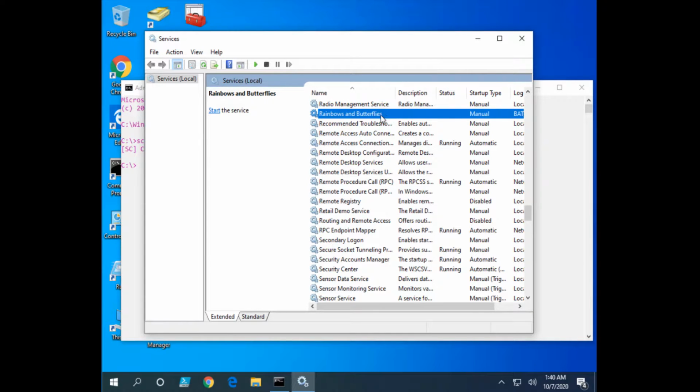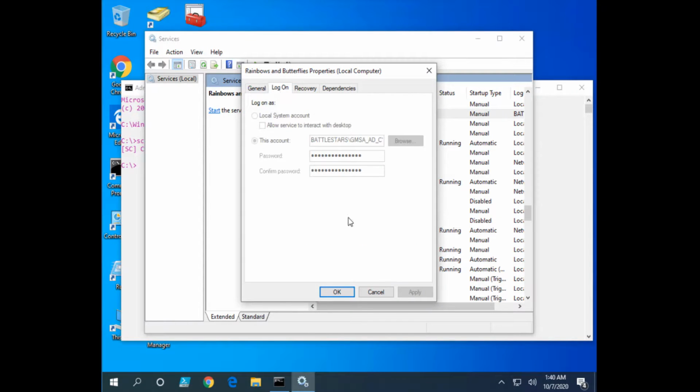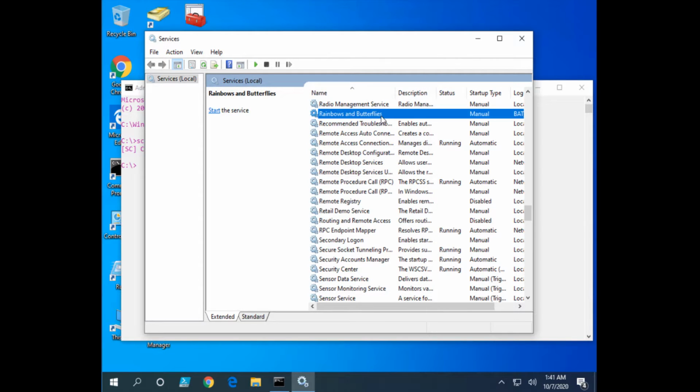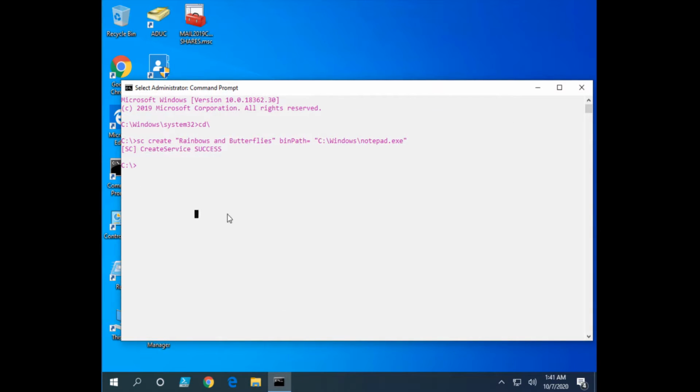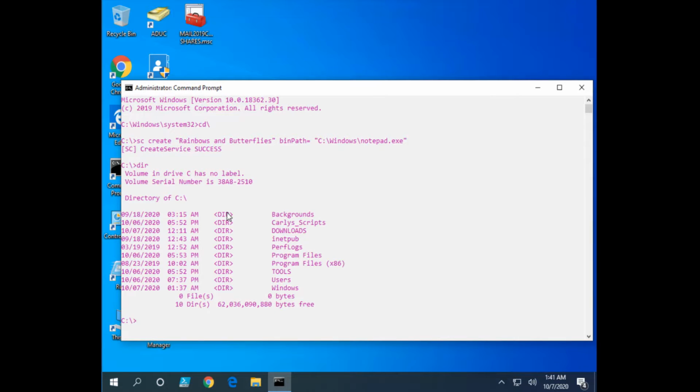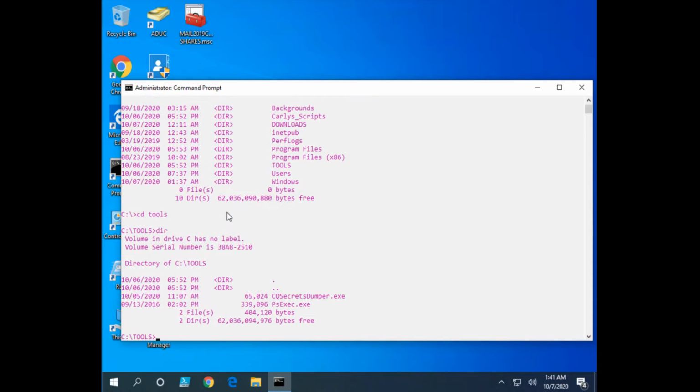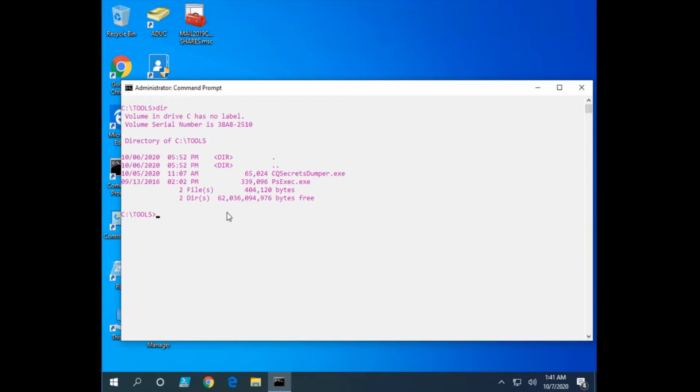Now watch this. If I open this task and look at logon, it's grayed out. I can't change it now because the password's not stored in the registry and I don't manage it. Active Directory does. So I can't change it for that service anymore. Okay. So let's close our services and let's try our same exploit. All right, we're going to use our same tools. And let's see, dir, go up here some. All right, so we're going to use